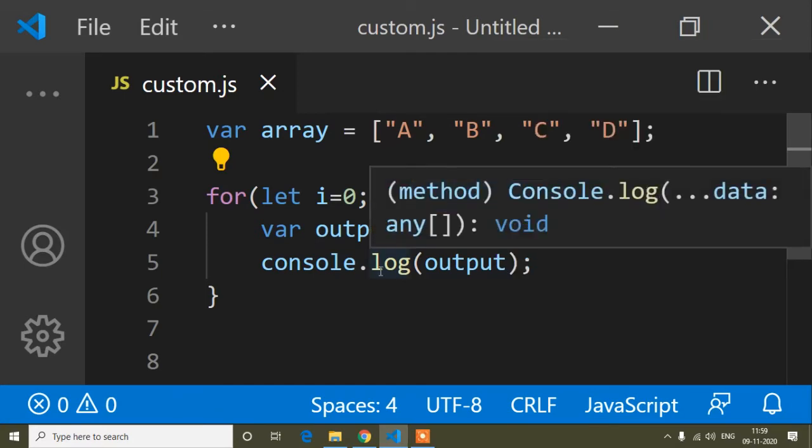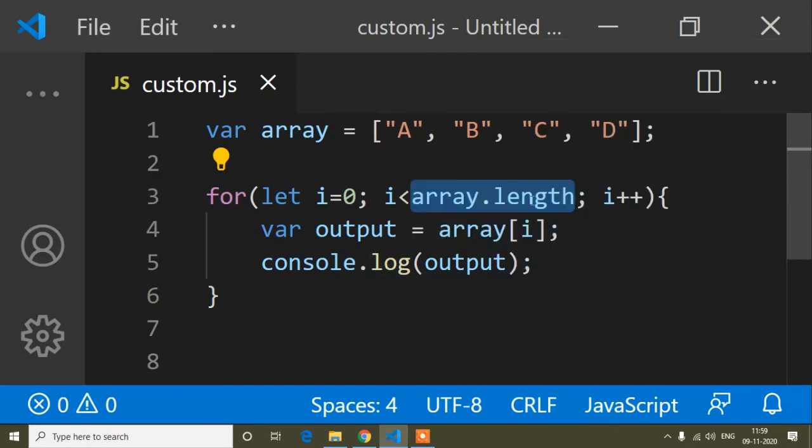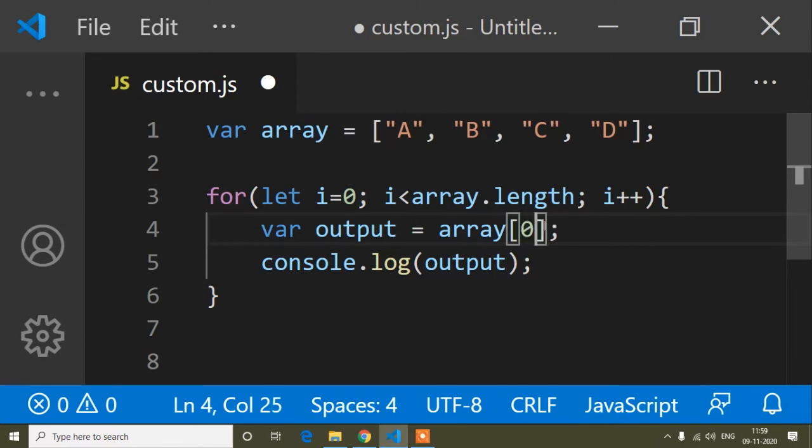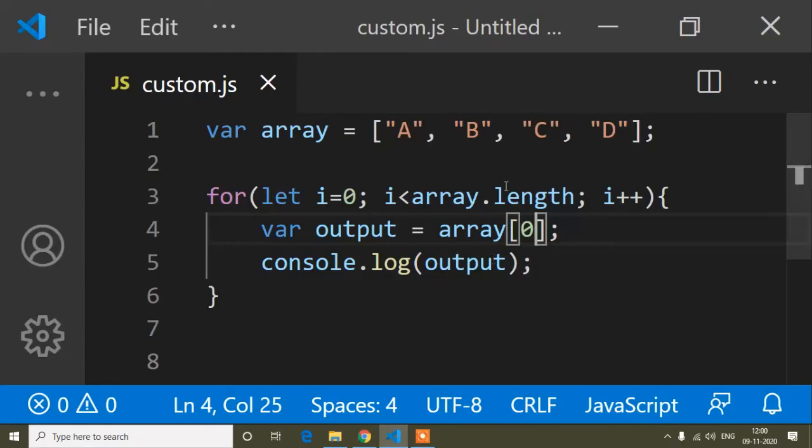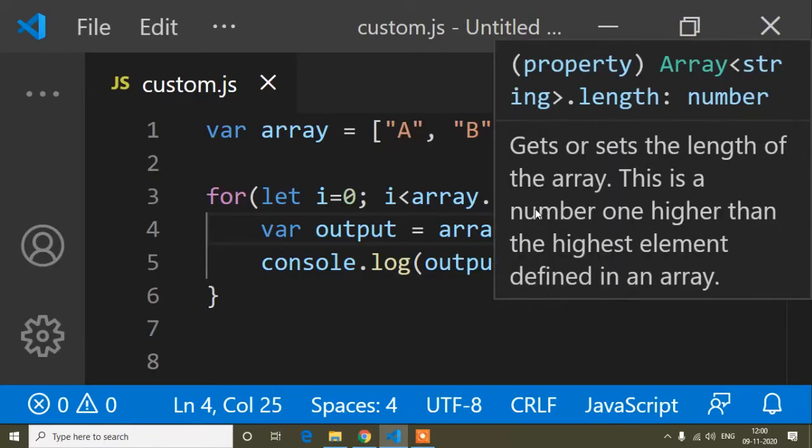Okay, and now I will do another thing. Here I printed all the values of this array. But suppose anyone wants to know the first value, so 0. Here you can see this is the first value A, because an array starts from 0.